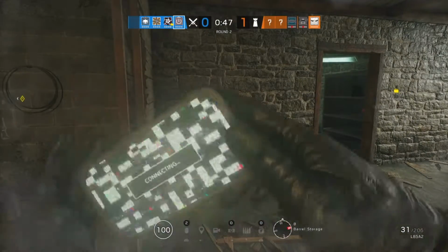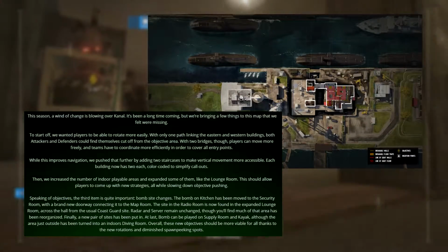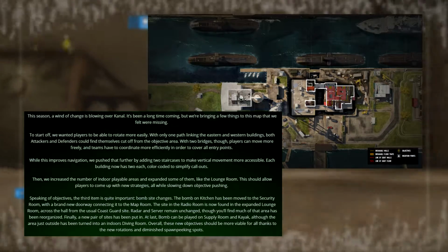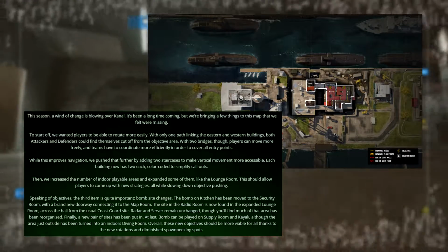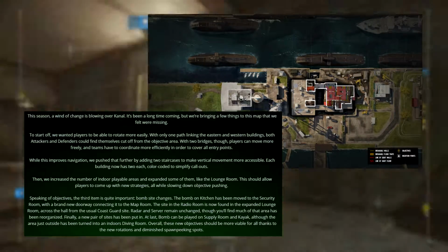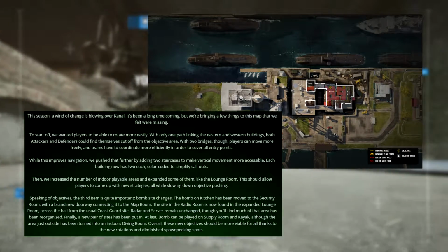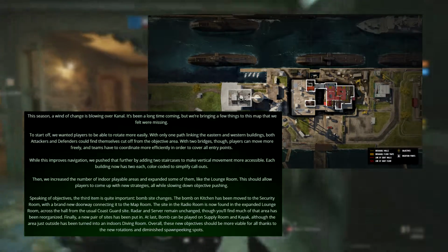There will of course still be sections that will feel familiar. However, since there was only one path linking both buildings, now they have added another bridge, so we have 2 bridges. We also had only 1 staircase in each building, and that was increased to 2 staircases in each building, making vertical movement more accessible. Furthermore, they increased the number of indoor playable areas and expanded some of them, and they did change some bomb